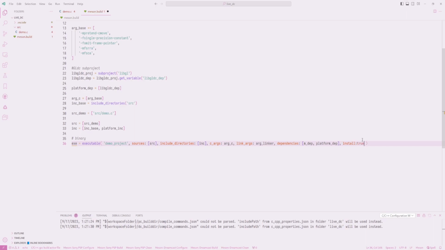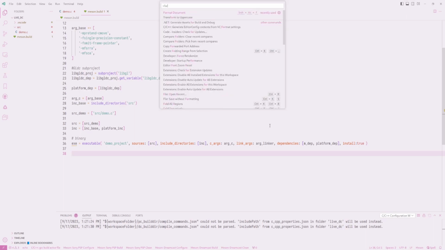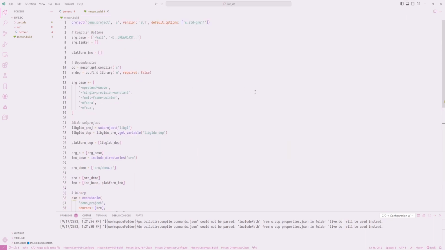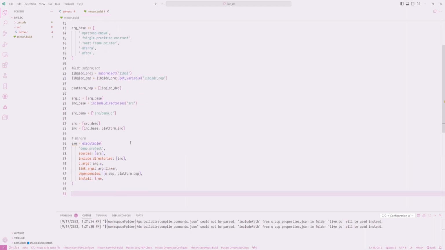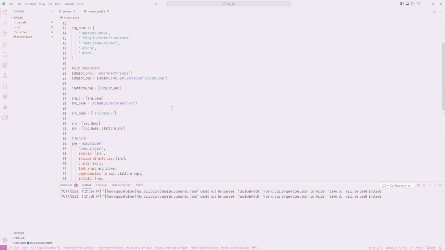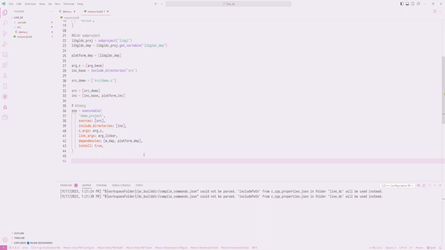And install true. I don't actually think we need install true. I'm going to leave it because I have it in the example, but that is not going to necessarily be relevant. We're going to format that. Again, just part of VS Code. It doesn't need to be formatted, but it just makes it a little easier to understand. So this would be a mostly complete file at this point. It could be shorter. Obviously, we have a lot of duplication of things, but